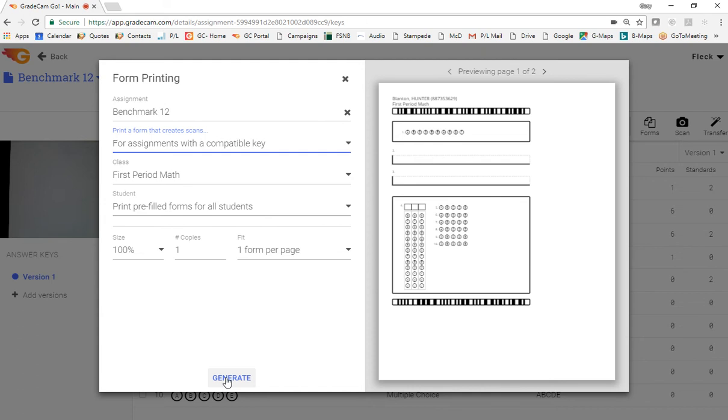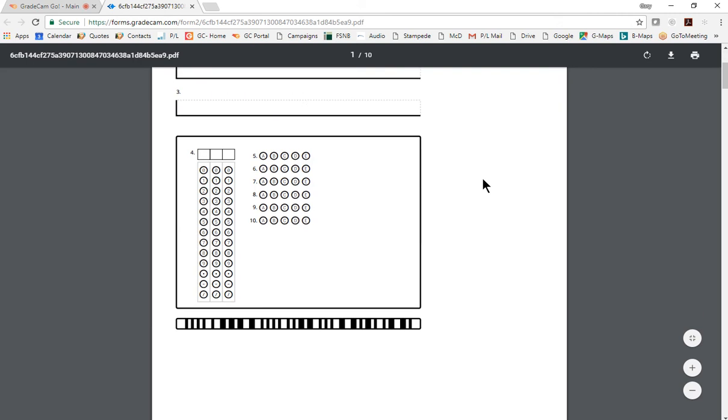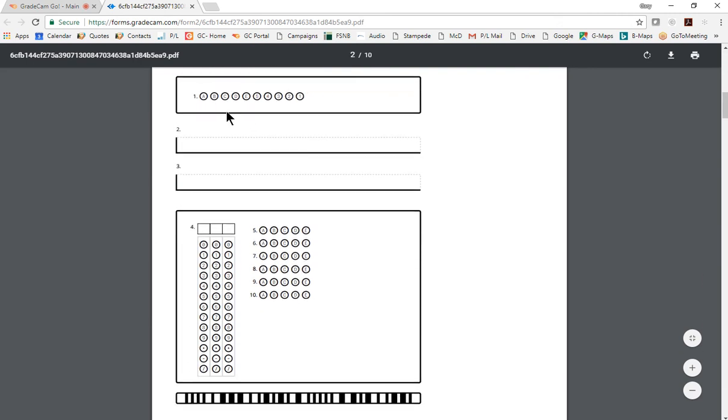And then I'll generate that bubble sheet, and here's a preview of what we're doing. You notice that this is the place where the students can write in. So I'll generate, download the PDF, and here I have a bubble sheet for each student where question number 1 was that A through E in